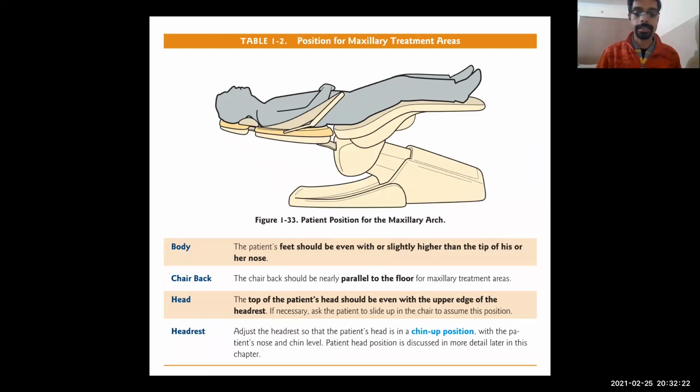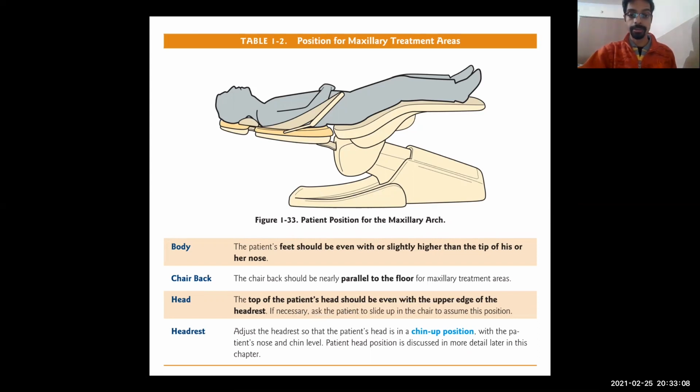Now, the position for the maxillary treatment area, the main thing which has to be remembered is that the feet should be even with or slightly higher than the tip of the nose. In maxillary, the feet should be slightly higher than the tip of nose or in the same level. This is the body. Now the chair back. This should be parallel to the floor. This is the headrest. The top of patient's head should be even with the upper edge of the headrest. Okay. So this is the position of the patient for the treatment of maxillary